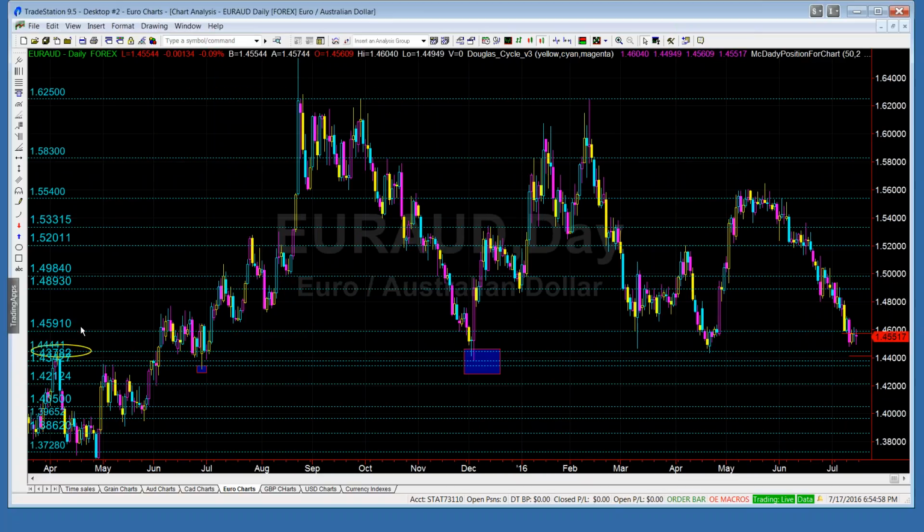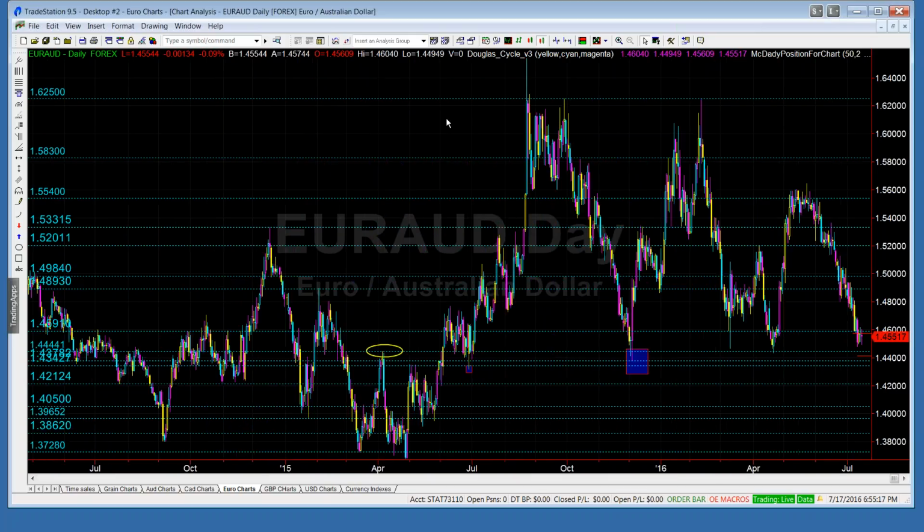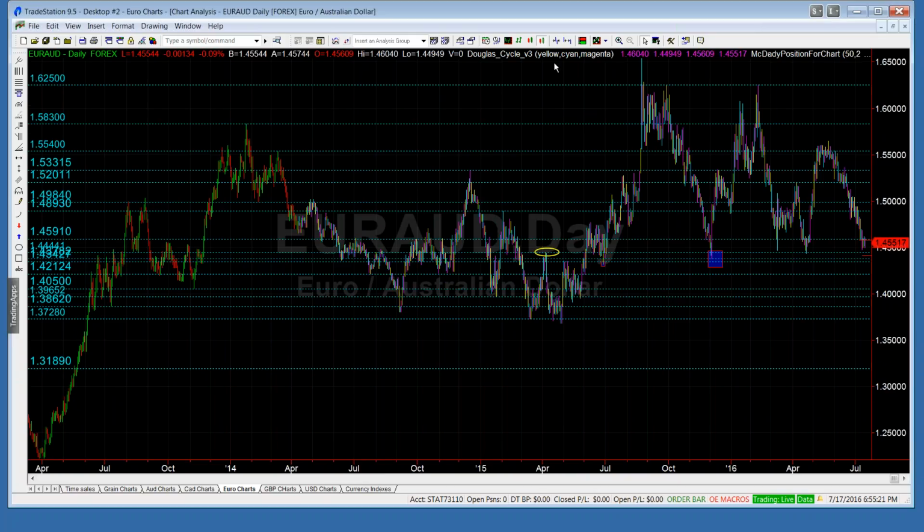If it gets above the 145.91, we are going to buy. And that's why I was suggesting to you that there is potential buying coming in the euros, because the 145.91 is, as you may recall, a very major structural point which goes back